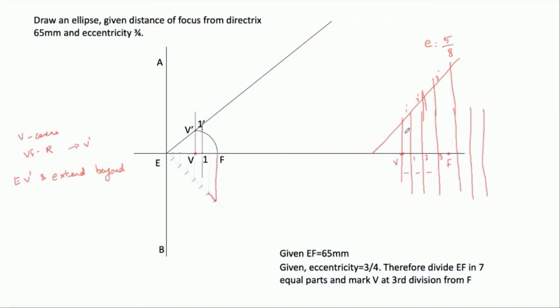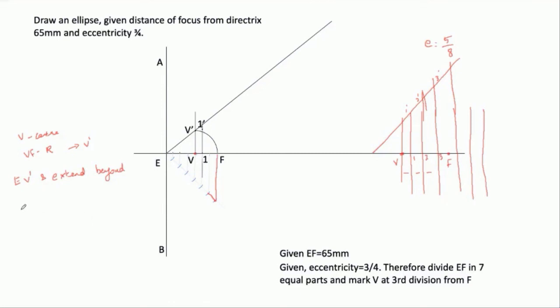So I will repeat this again. We are going to mark E, V, and F. Then we are trying to draw an arc with radius of VF and with center as V to locate the point V dash. Then I'm going to extend E and V dash to the corresponding length. It can be of any length, no issues. Then I'm going to draw a perpendicular line to the major axis. These lines should be equal distance and you can have n number of lines. And mark the points 1 and 1 dash. 1 is the point where it cuts your major axis and 1 dash is the point where it cuts your E, V dash line. Okay. So please be careful here.